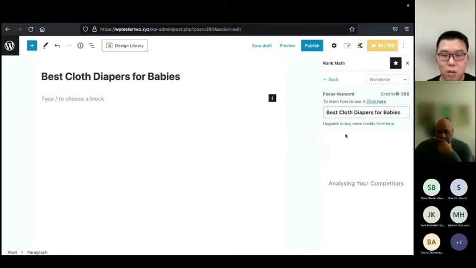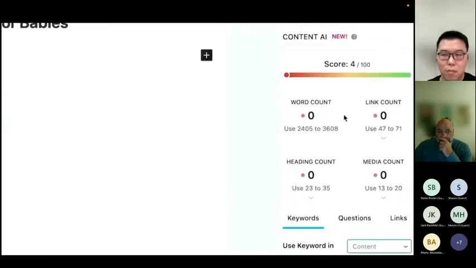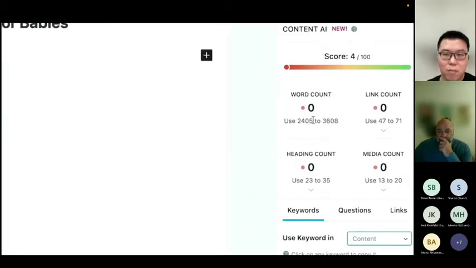Now, what happens here is that Content AI will analyze all the articles that are ranking for the focus keyword, and it will extract all the commonalities and display it here. So as you can see, Content AI recommends that this article should have around 2,405 words to 3,608 words. In some circumstances, if you do some manual calculations by visiting articles on the search engines to determine the word count, the top ranking articles may have more or less than the range that is recommended here. But the key for this word count suggestion is that Content AI indicates the most optimal word count, which means if your article is within the range as suggested, it will have the highest chance of success. But just take note that this is suggestive and not definitive.